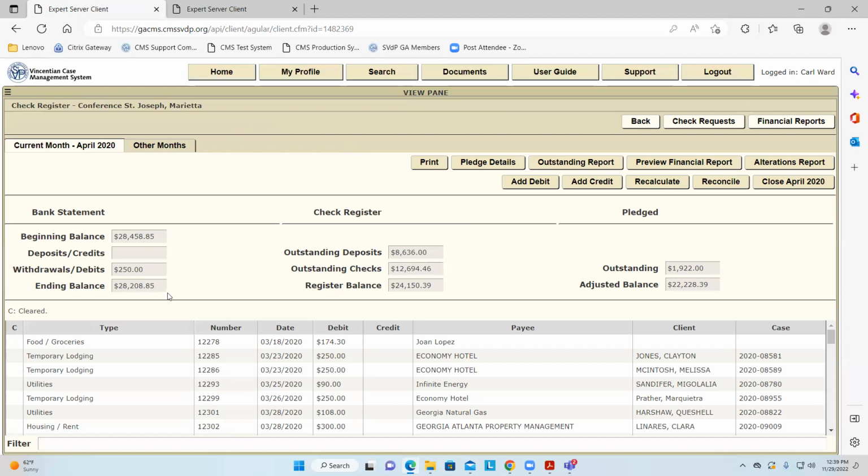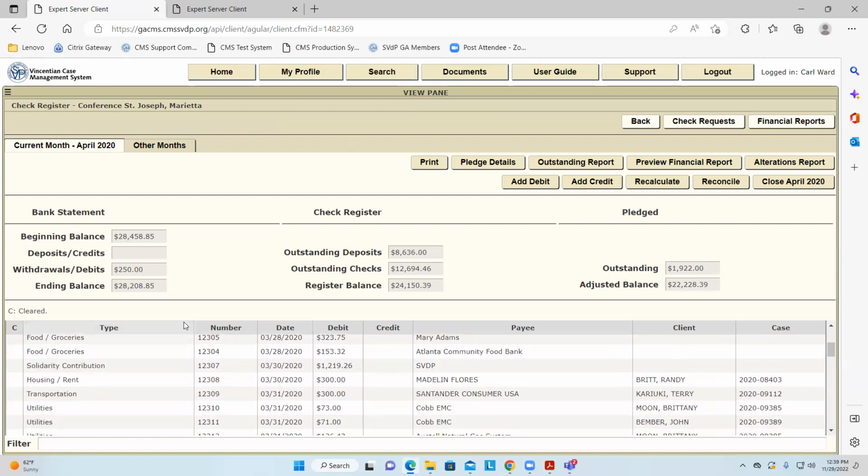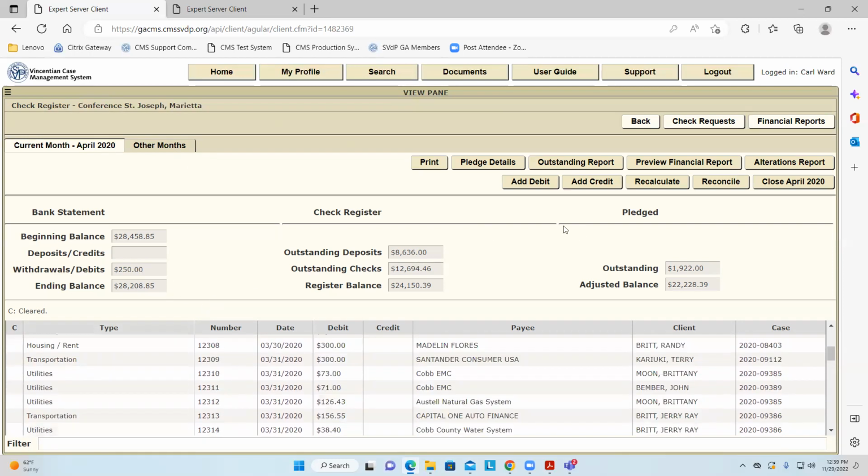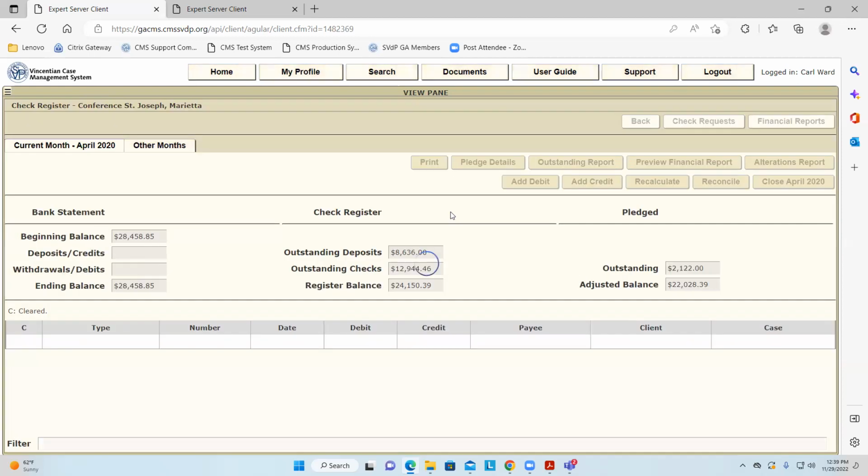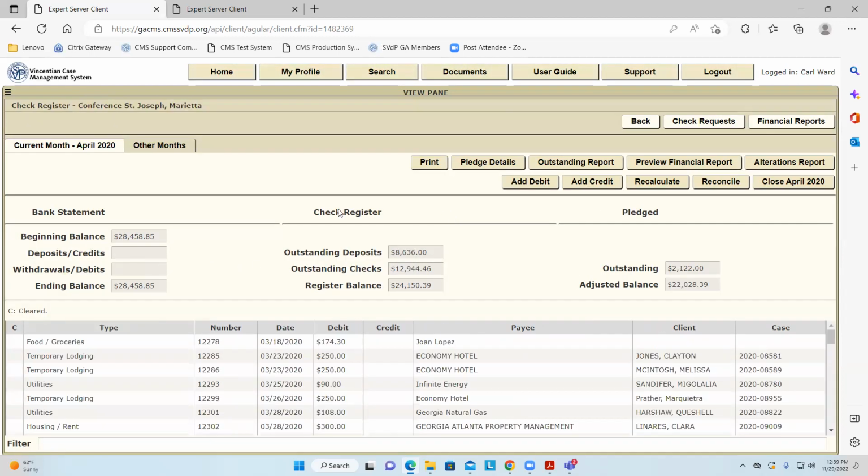We cleared, did I clear a 250 here? I guess maybe I didn't do a recalculate. There you go. Can you highlight that little function? I'm going to show that one in a minute. This is your friend right here, recalculate. I'm going to tell you why when we get there.